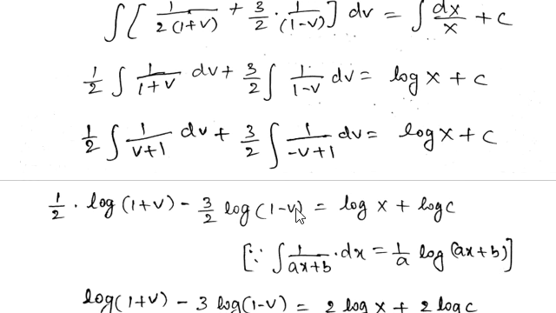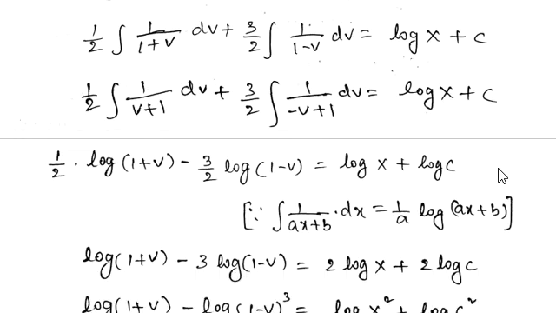So anyway, we interchange the terms, and we have written simply 1 minus v. So for this you can write log of 1 plus v, and for this you can write minus 3 by 2 log of 1 minus v as the answer, and on the right side log x plus c, writing it as log c. So c or log c, anyway the term indicates simply a constant there. So you can write this as log c for the simplification of the problem.